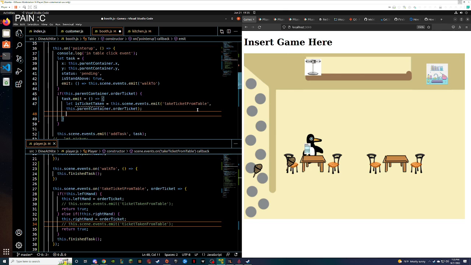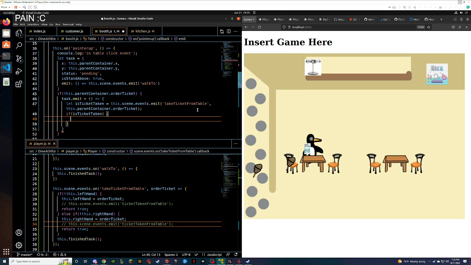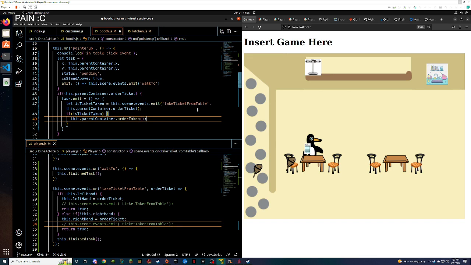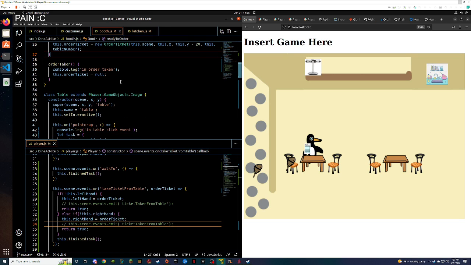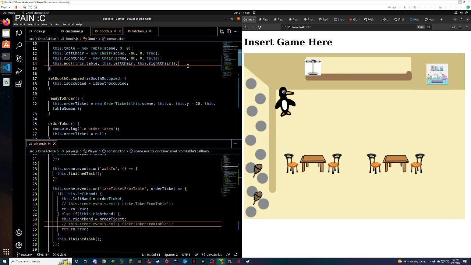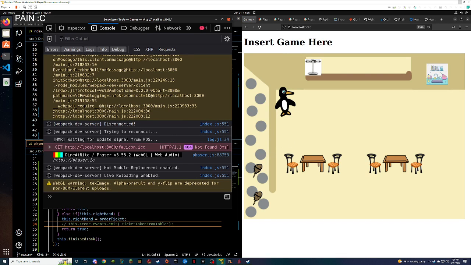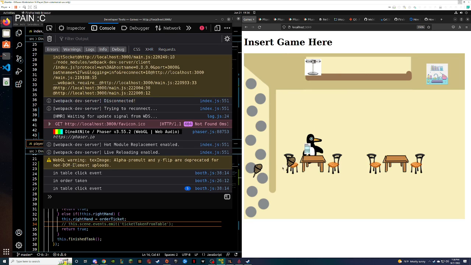Instead of console logging, we're gonna do if is ticket taken, this dot parent container dot order taken. I know we just got rid of it, but nice thing with Git, we can undo it super easily. Boom. And then we don't need to worry about that. Now, the question then becomes, does it still finish the task? No.